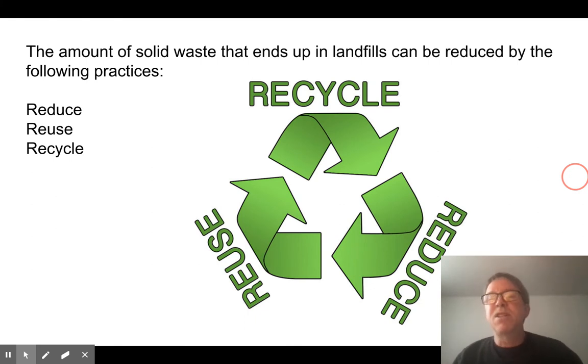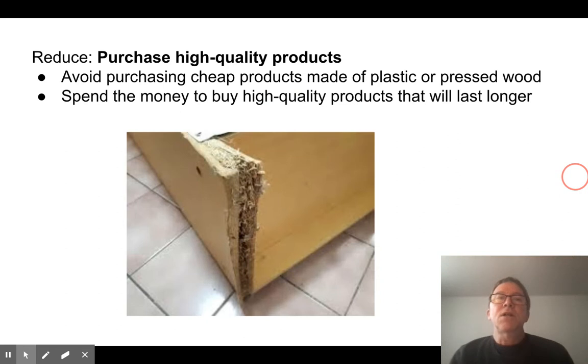Look at some of the pluses and minuses of this. So let's just talk about how we can reduce. Right? Reduction is the best thing we can do. So if we reduce the amount of waste we produce, then we've solved a lot of the problem, right? And so how do we go about doing that? Well, first, this may surprise you, but actually being wise about your purchases and not always purchasing the thing that's cheapest. So if you buy high quality products, a lot of times these higher quality, more expensive products happen to